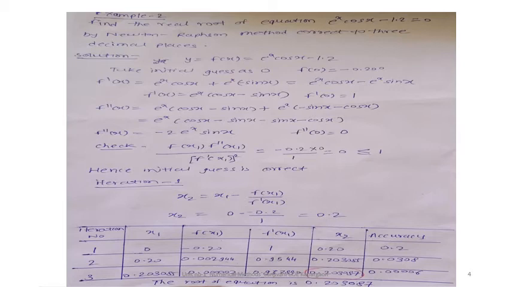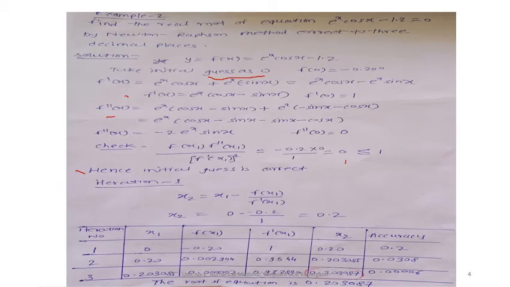Okay, so let us assume a certain initial guess. Let us assume here the initial guess is 0. So f of 0, f dash of 0, f double dash of 0, you need to find out and put into the check. The value comes to 0, which is less than or equal to positive 1. So the initial guess is correct, so we can start from that value. Now here the values of the derivative and double derivative are calculated. I hope you all are familiar with how to take the derivative and double derivative.